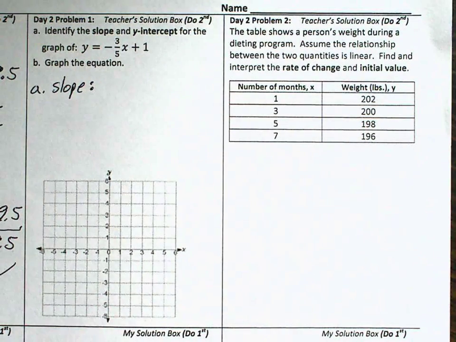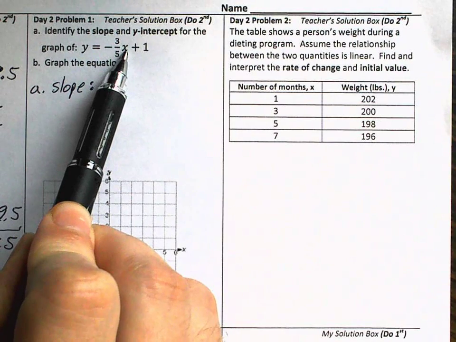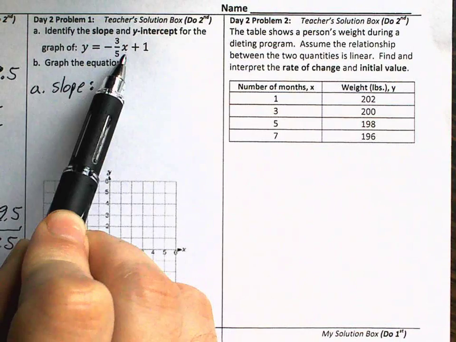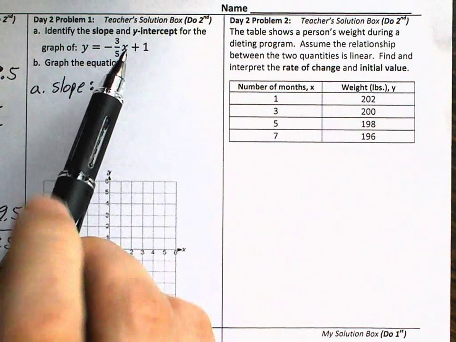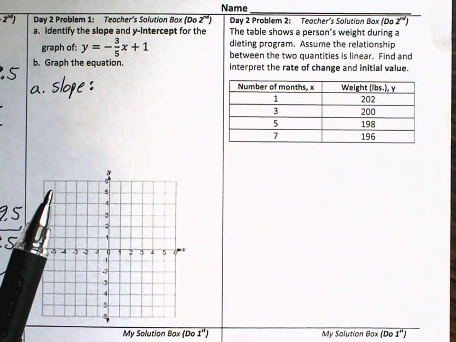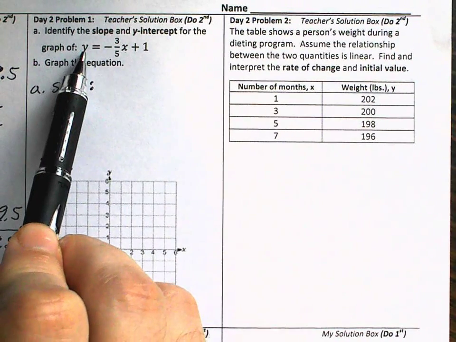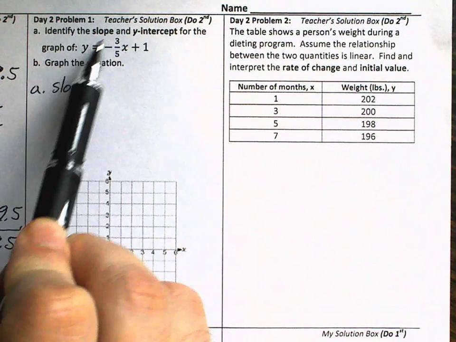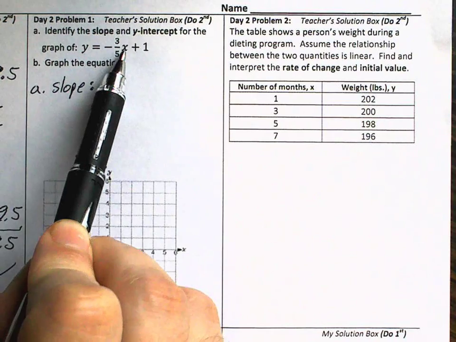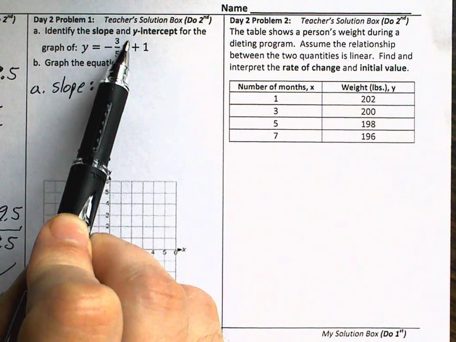Now, slope is also called rate of change. When we've done this problem in the past, we have found the rate of change by putting in numbers for x and then observing how the value of y changes when the value of x changes. And every time we've done that, there's an observation that we made that when an equation is in this form, where the variable y is alone, and then after the equal symbol is the x term, after the x term